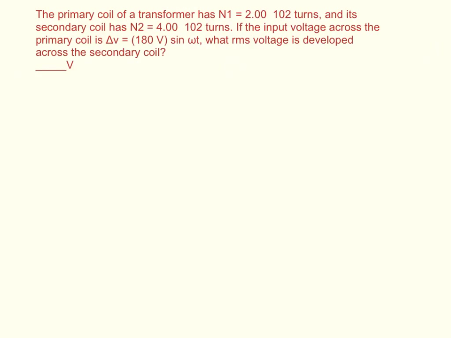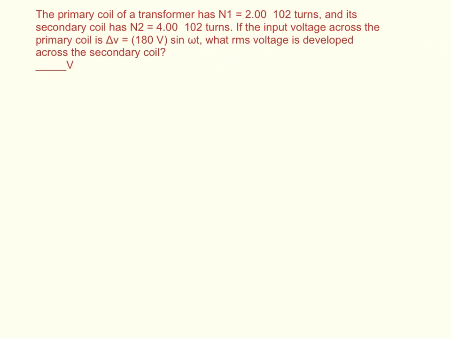The primary coil of a transformer has N1 equals 2 times 10 squared turns, and its secondary coil has N2 equals 4 times 10 squared turns. If the input voltage across the primary coil is 180 volts sine omega t, what RMS voltage is developed across the secondary coil? Okay, so the first thing to notice is that they want to know the RMS voltage across